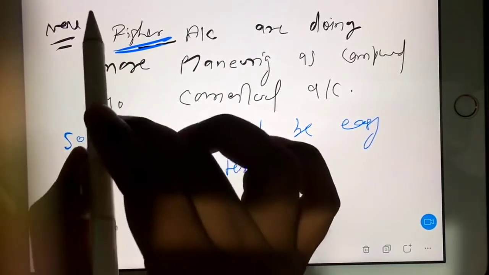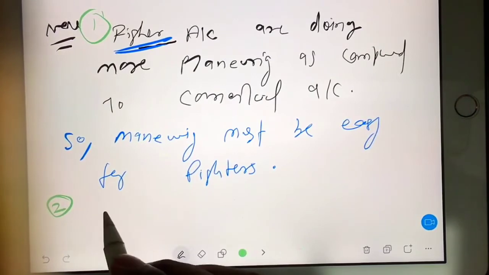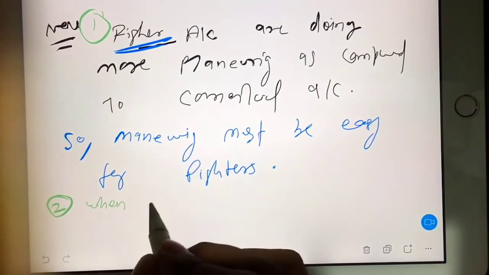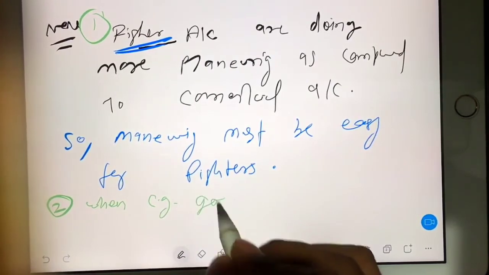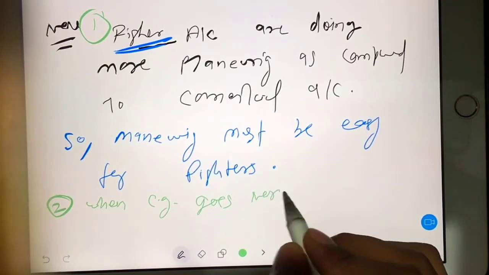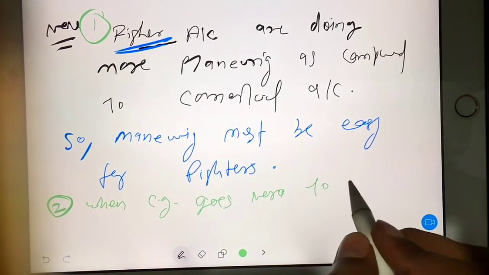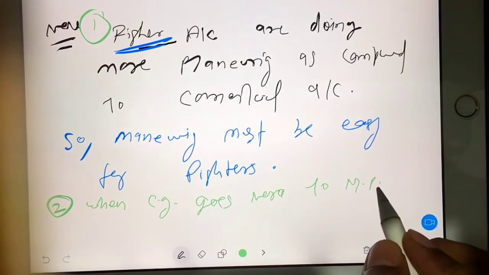Okay, so consider this entire as point 1. Then in point 2 you take when CG, I mean center of gravity, goes near to maneuvering point,